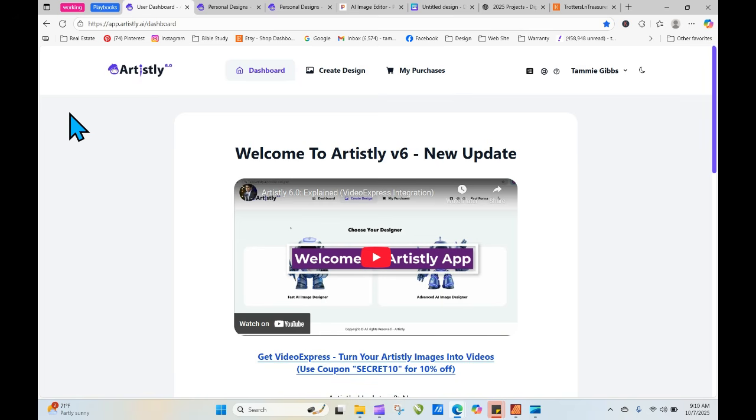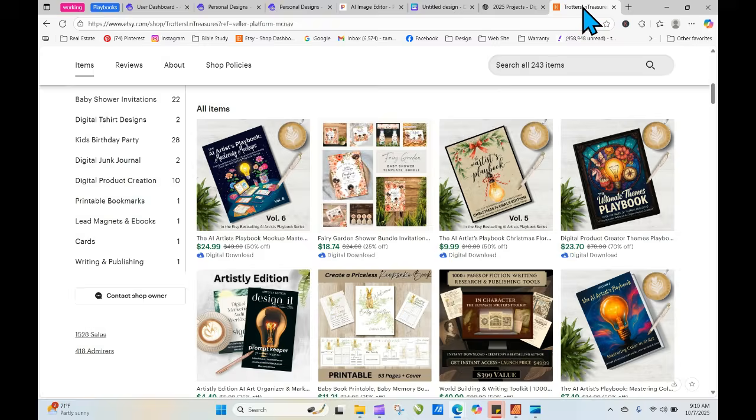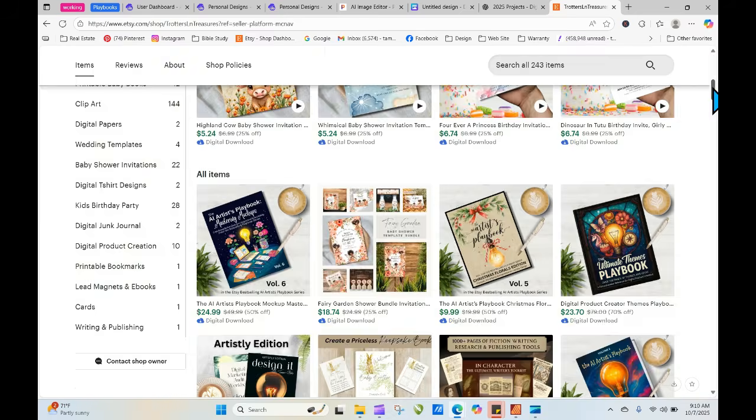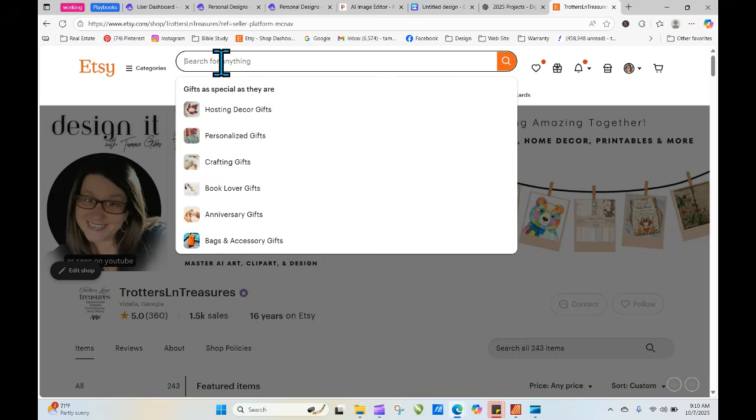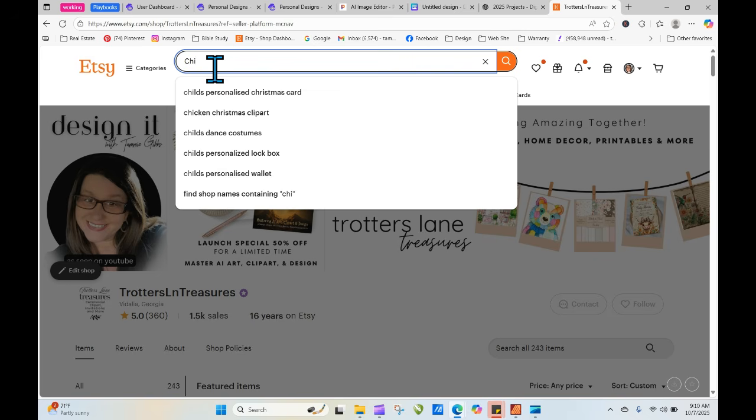So, okay. What we're going to do is go into Etsy, and we're just going to go up. This is just in my shop just to get us a start. Now, I want to explain something that a lot of people don't understand about Etsy and the way that they deliver results. A lot of people will go on and search for whatever it is. I'm going to do Christmas